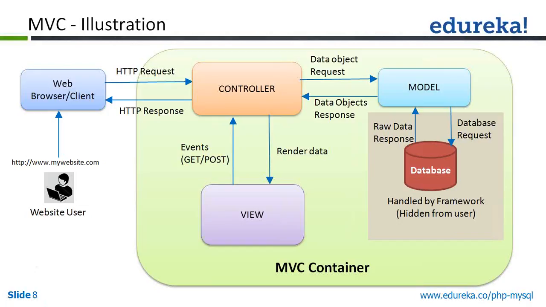So normally in traditional PHP with MySQL or Oracle or SQL Server, you need to connect to the database: mysql_connect, new PDO, different ways you can connect to a MySQL database. So Dilip has asked me how to connect to Oracle. If you want, you can use ODBC: odbc_connect, oci_connect, or new PDO with odbc colon and the DSN name, data source name, we can provide. So we need to write the code for connecting to the database, selecting the database, generating the SQL query, passing the SQL query, and getting the result.